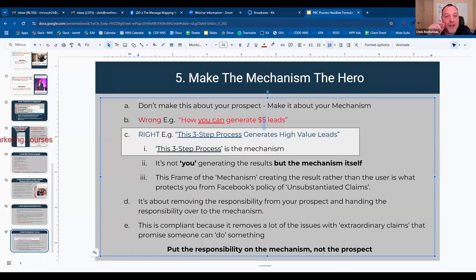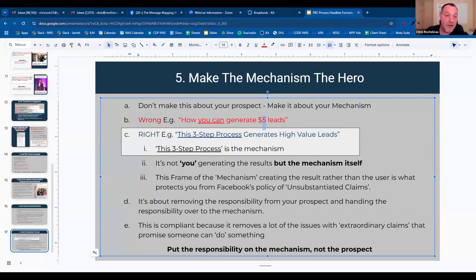What did I not use in there? Direct language. I did not tie it back to somebody in particular. I didn't say you. Most of the time when people come to me and say, hey, I heard you're the guy that helps us fix these issues, I say, pull it up, show me what your ad is. Within seconds, I'm like, oh yeah, you made a claim there that's tying it to them. And that's what traditional marketing teaches you, but you can't do it here.